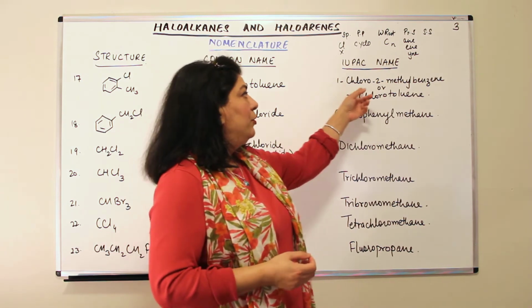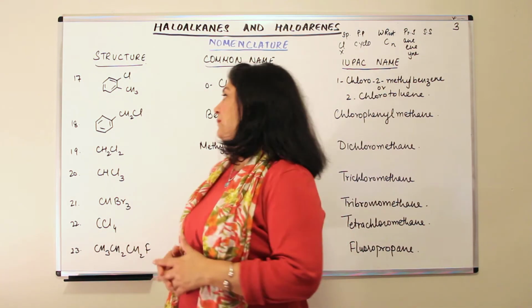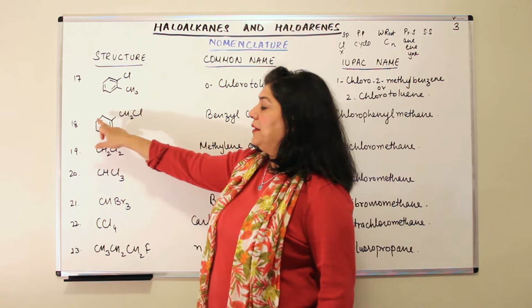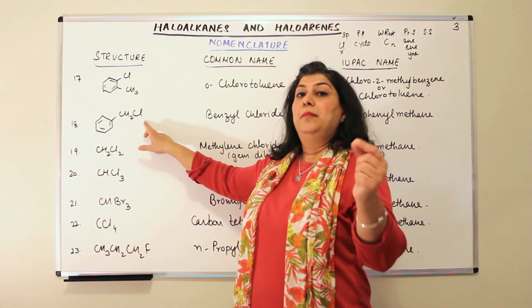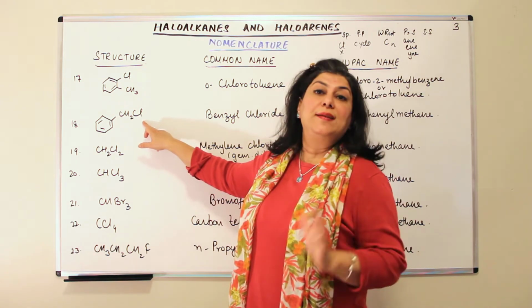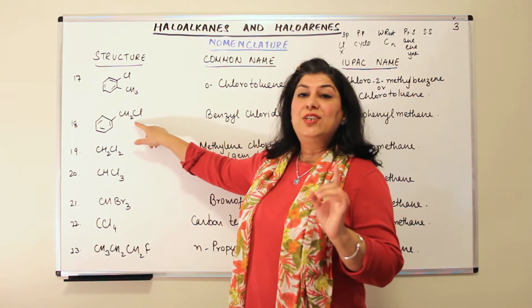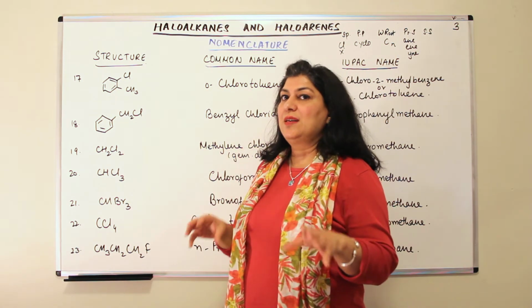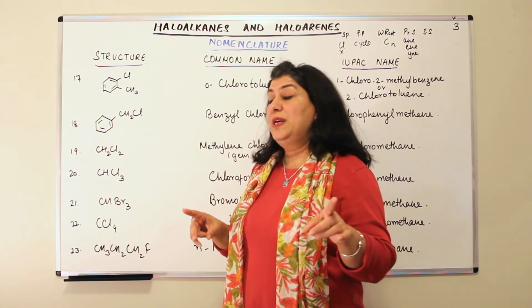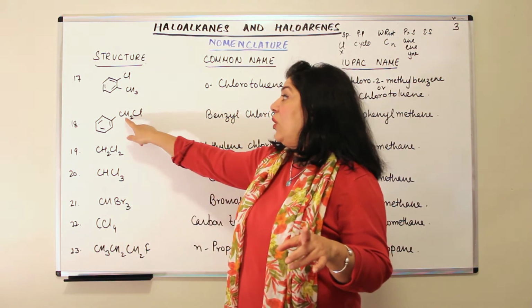So it will become 1-chloro, 2-methyl benzene. The next example here, example 18. It has the chlorine attached to the methyl group which is attached to the benzene ring. So it is a side chain substituted compound. Whenever you have a side chain substituted compound in IUPAC nomenclature, we will